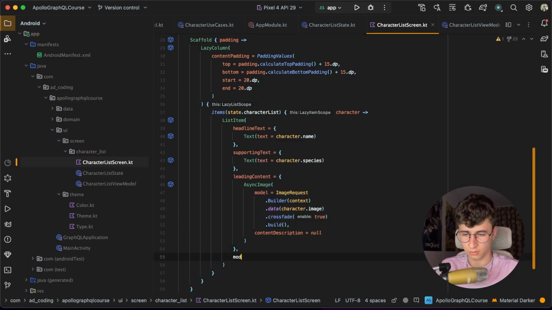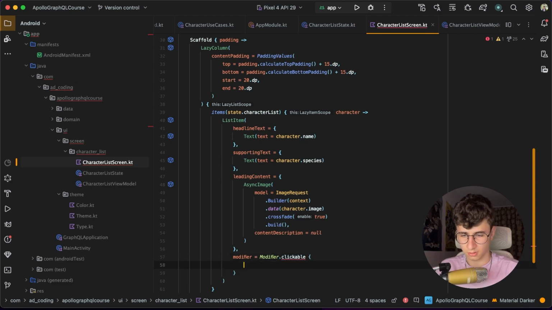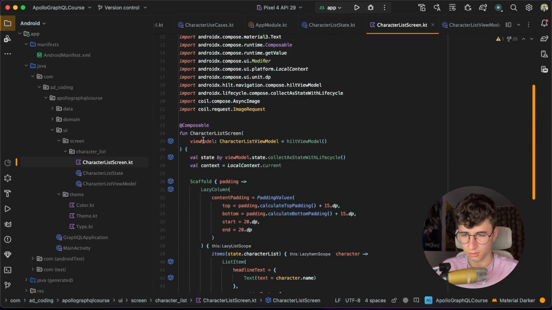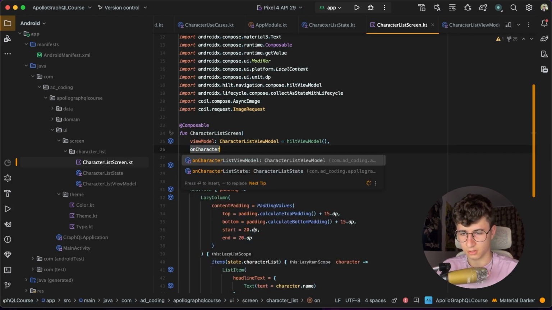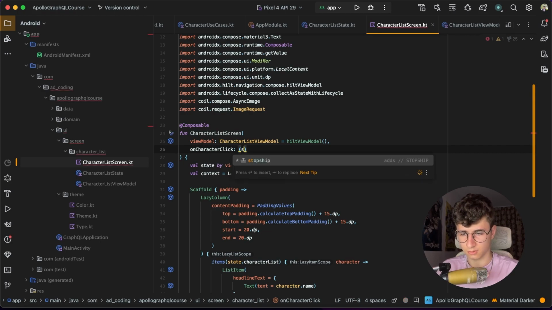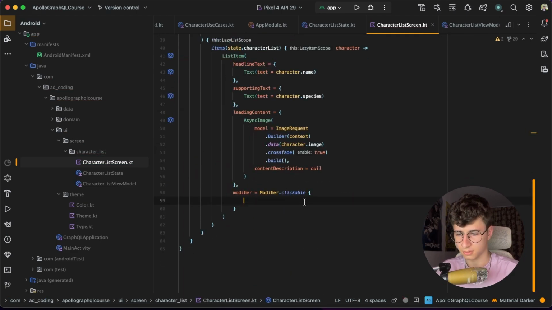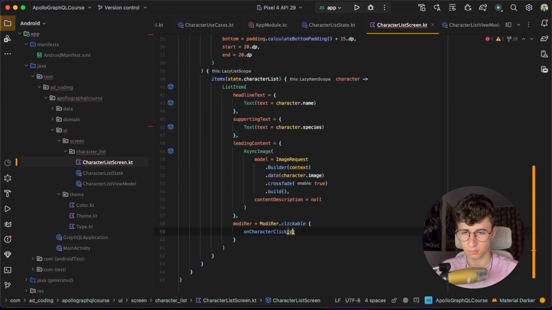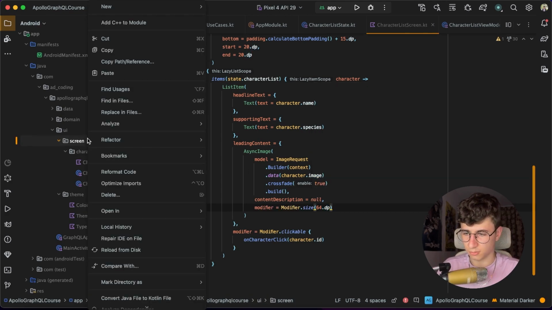Now we have to create the modifiers, so Modifier.clickable, and let's go here and add the parameter onCharacterClick and get the ID as a string and return nothing. So onCharacterClick and pass the character.id. Also we have to add the Modifier.size and 64 dp, and now let's create another package called